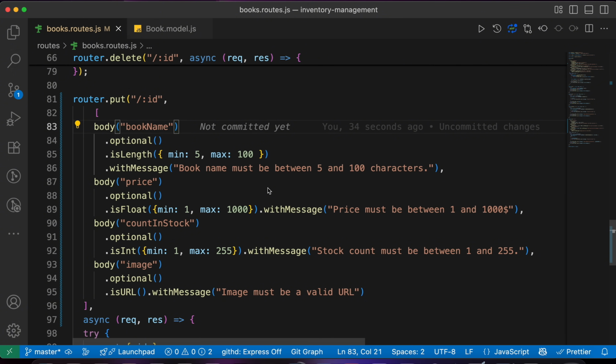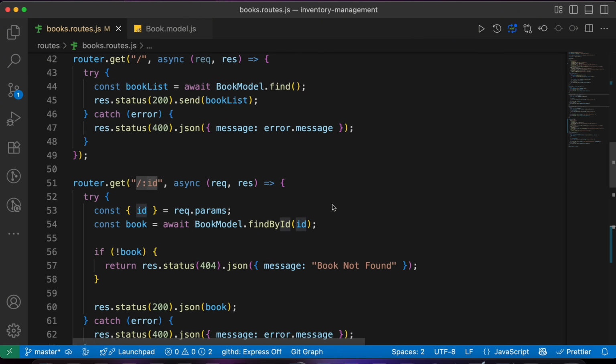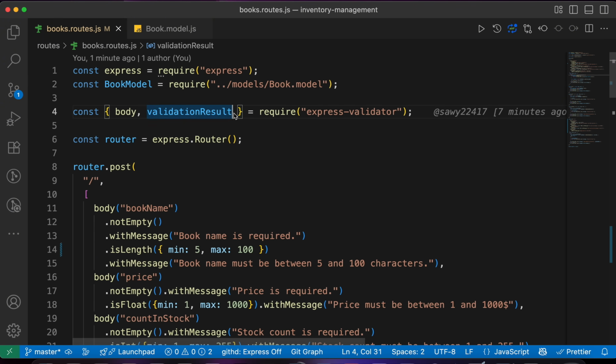But if you have a look here, you're going to see another difference between the put request and the post request, and this difference is this ID. In updating, you need to pass the ID, but you don't send the ID in the body. We send it as a param here. So how do we add validation for params? The Express Validator library allows us to validate the params also. So if you go up here, you can add a third import called param to validate the params. So you can import it